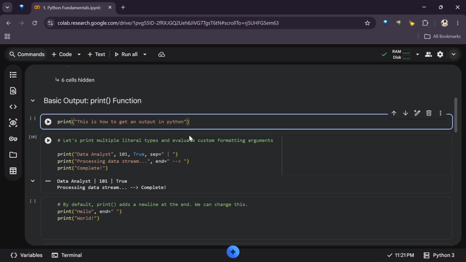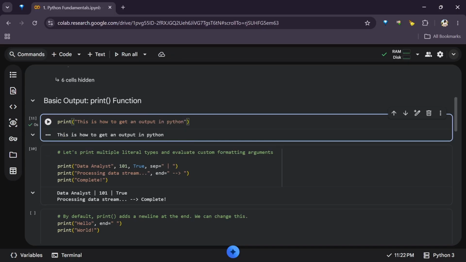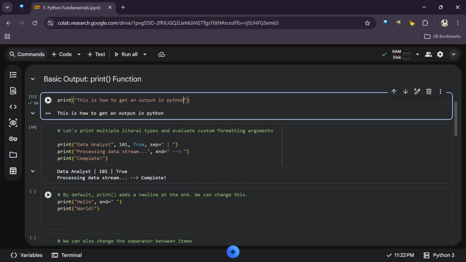Control Enter runs the cell. If you want to automatically add a new cell after running the current one, use Shift Enter. But if you just want it to run and stay in that cell, you use Control Enter. So you see, this is how we get an output in Python.